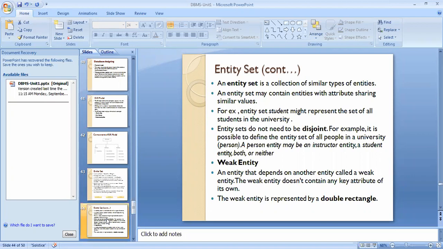Entity sets should be clear. Yes, of course, each and every entity should have a similar kind of property, but that should be different from other entity sets too. All the teachers have similar kinds of properties: their ID, which course they will teach, their experience. All these properties, attributes, come under the teacher entity.